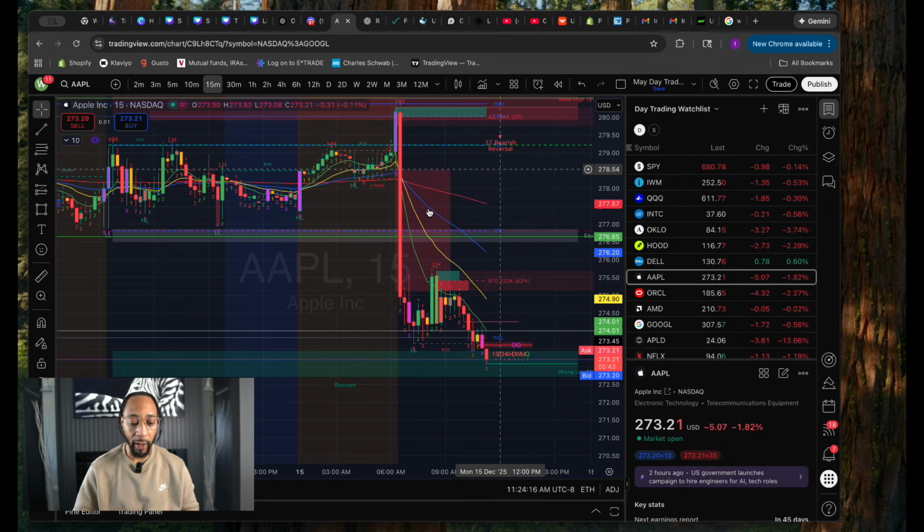But it came up inside of this fair value gap. And what did it do? It rejected and it came right back down, right? So it couldn't really reverse and start an uptrend. So what happens? It came down lower. Where did it come down lower to? It came right down to this order block right here. It was in the order block, bounced up, tried to come up higher, and then it came down lower. So now it came down lower.